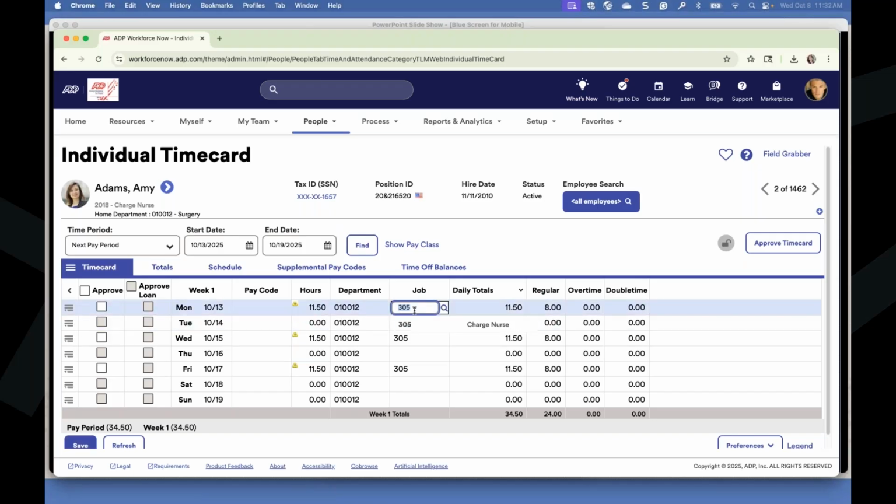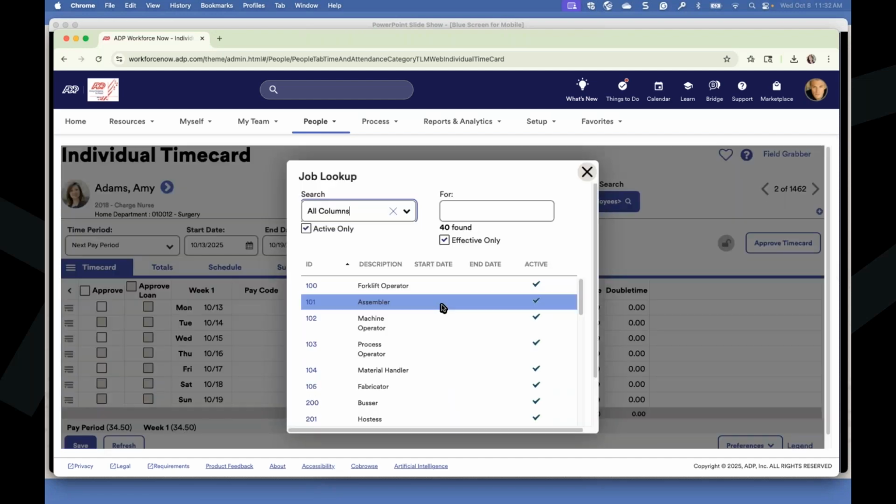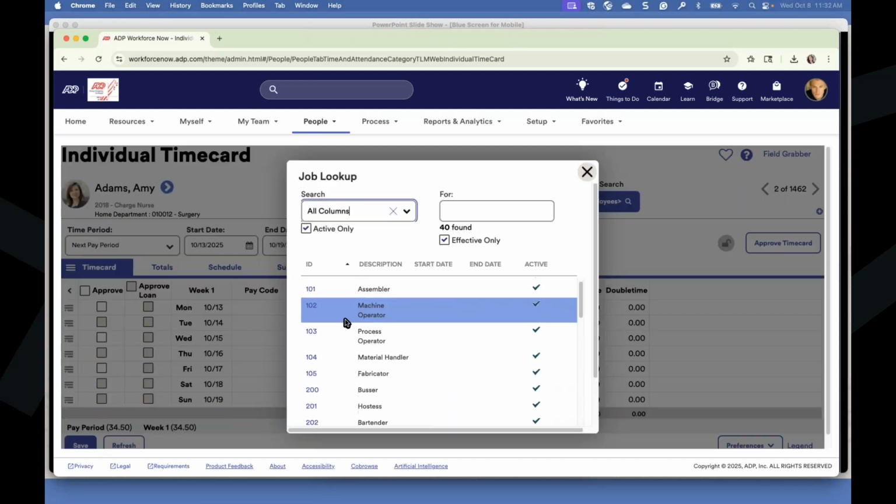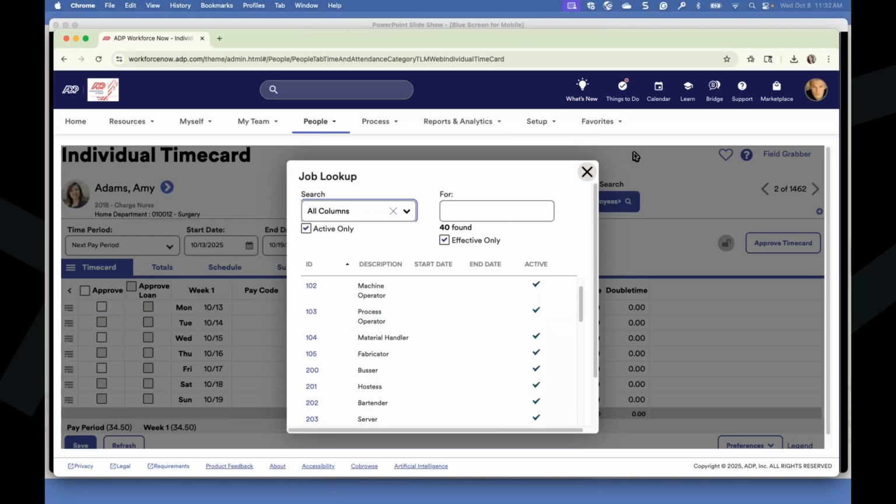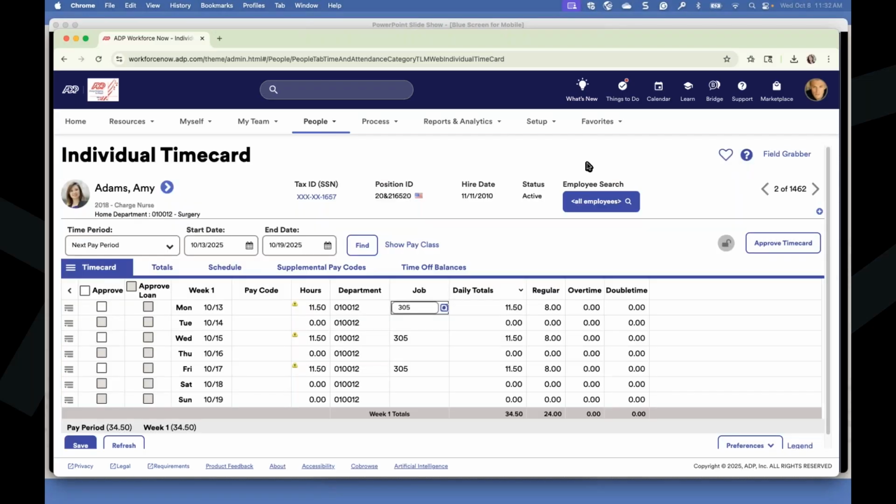And here you see the number, but we all know sometimes they need to have that little description too. Easily here, they can see the actual number and the description to make sure that they're selecting the right ones. Once everything looks good, of course, they would go ahead and approve their time from that time card. The manager can also approve their time cards. And then, of course, everything moves into payroll.